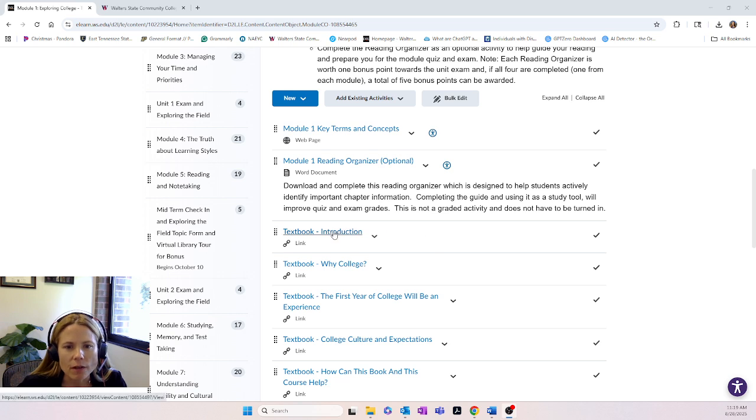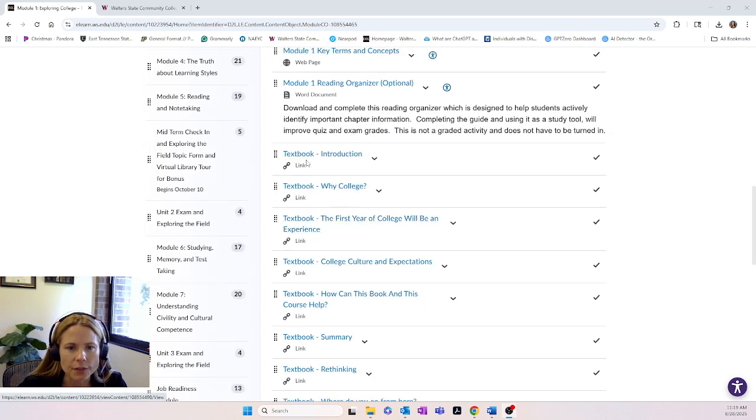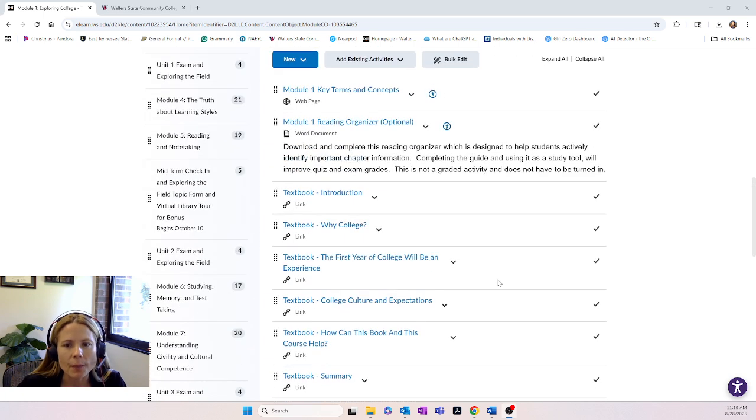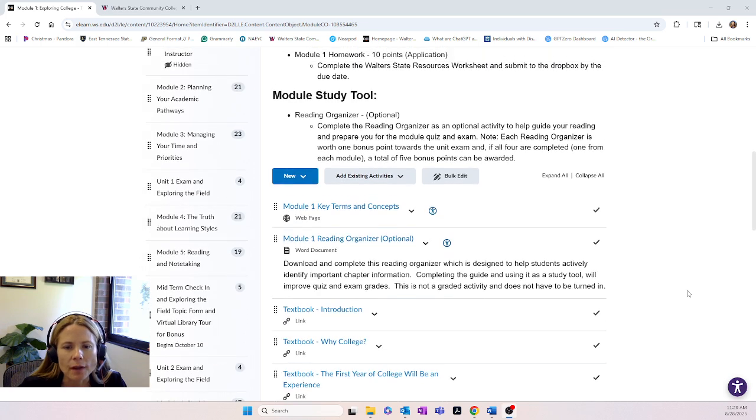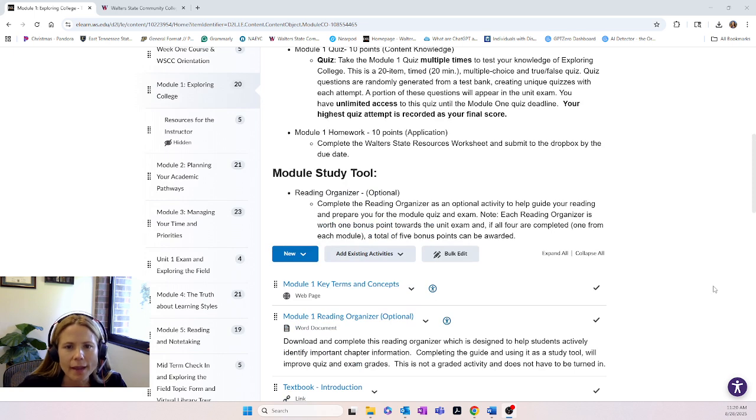Your textbook is also embedded into each module. So you'll see here, it'll say textbook link. That's going to take you to the page that would be in your electronic textbook. So it's already embedded for you, but it does help to get into OpenStax, create a student account, and download your textbook so you could use it offline. So make sure that you reach out if you are having trouble. So let's go ahead and get started.